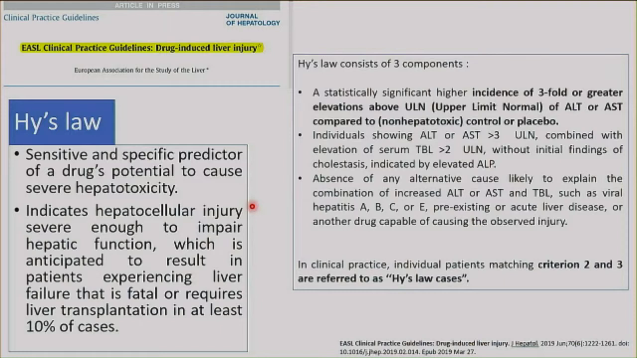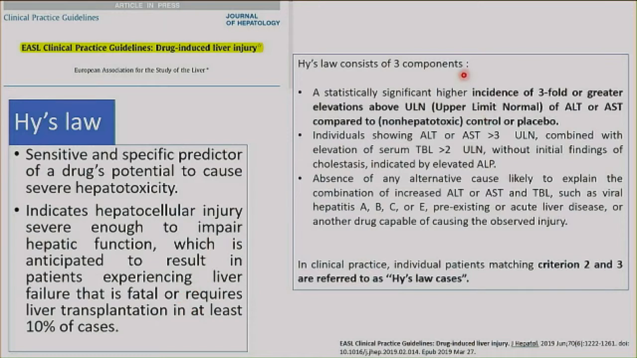In 2019, EASL made an indicator to predict DILI. They call it Hy's Law cases, because they use this as it is more sensitive and specific as the predictor of drug potential to cause severe hepatotoxicity. And by using this indicator, they try to reduce the fatal condition that needs liver transplantation, at least 10% of